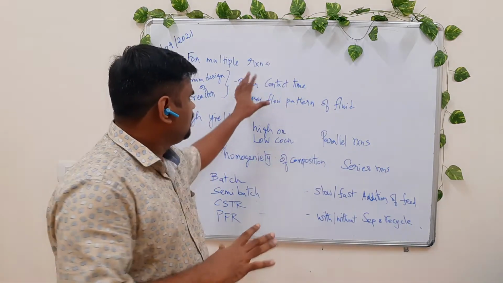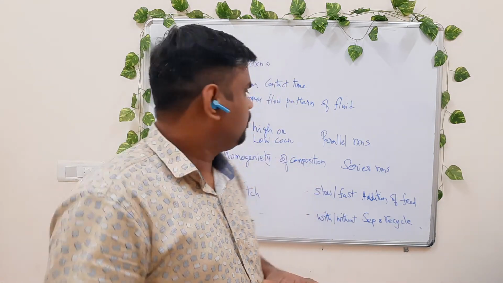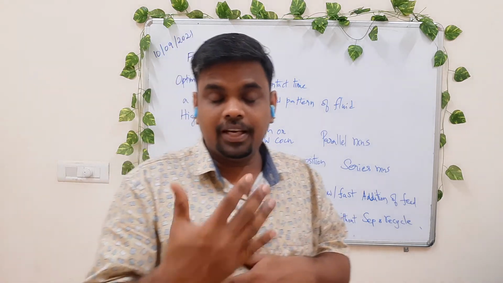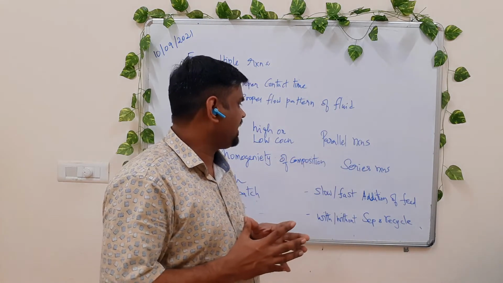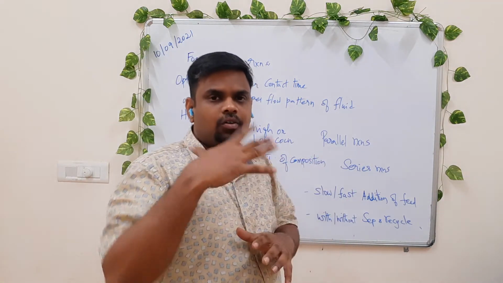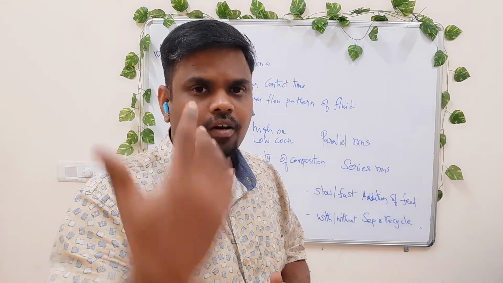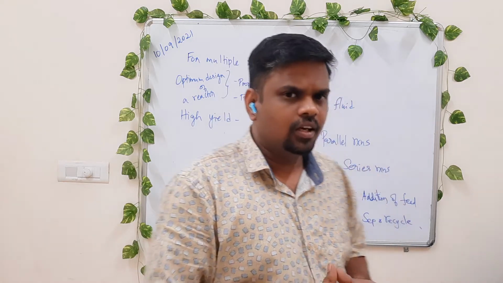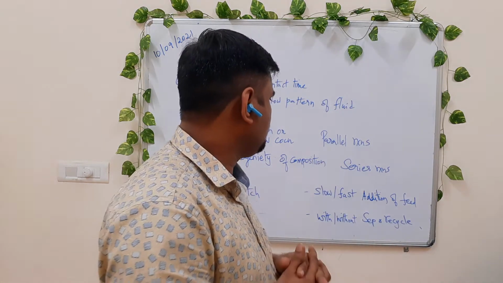Okay. And if you want to improve the yield of a desired product, it depends upon whether the multiple reaction involved is a parallel reaction or a series reaction. For example, if the reaction involved is a parallel reaction and you want to control the yield or selectivity of a particular product, either we may have to operate at high concentration of the feed, or we may have to use low concentration of some of the constituents, right? So the reactant concentration should be either high or low, depending upon how we want to control the parallel reaction.